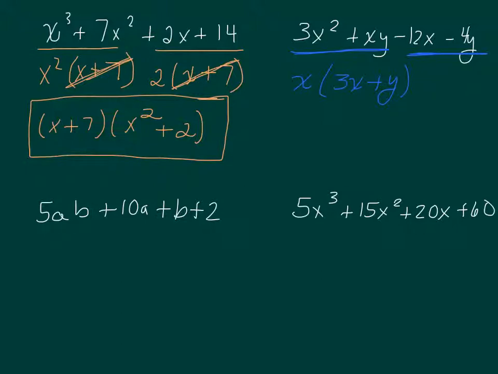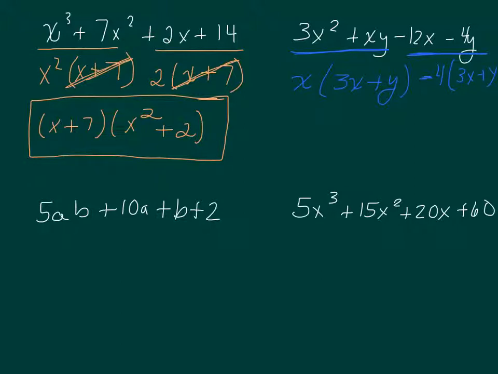And I see a factor of 4 in common, but I also notice both of these are negative, so that maybe means I want to use my trick of factoring out a negative, and I think I do, because the 3x and the y in the first set of parentheses are positive. All right, so I'm going to take a factor of negative 4 out, so that will leave 3x